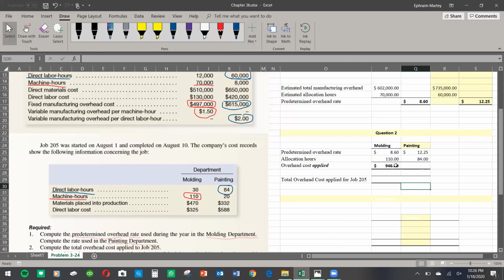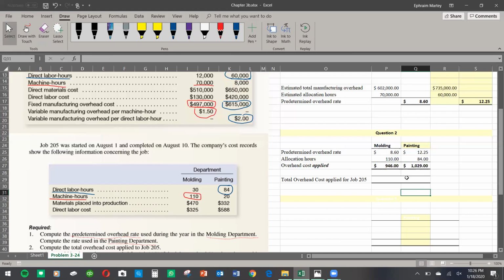Okay, so the company spent 110 hours in machine and 84 in labor. But labor only applies to painting in finding predetermined overhead cost. So what we actually do is multiply the predetermined overhead cost by the allocation, and that gives us